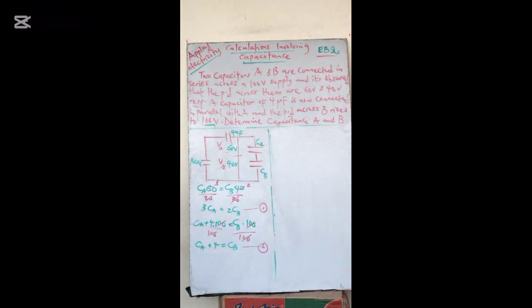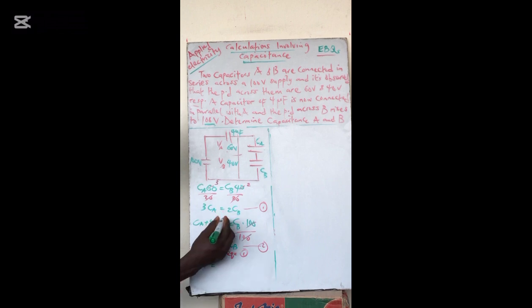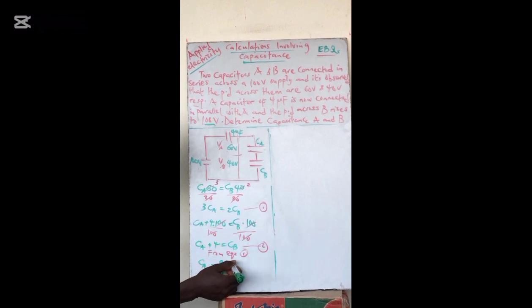Now we have equation 1 and we have equation 2. Let's assume we want to get CB and we have CA here. So let us make CA the subject of the formula so that we can insert it here. From equation 1, you can say that CA equals 2 over 3 CB. I just made CA the subject of the formula. So when we insert it, let me write, insert into equation 2, we just put CB here. We're going to be having